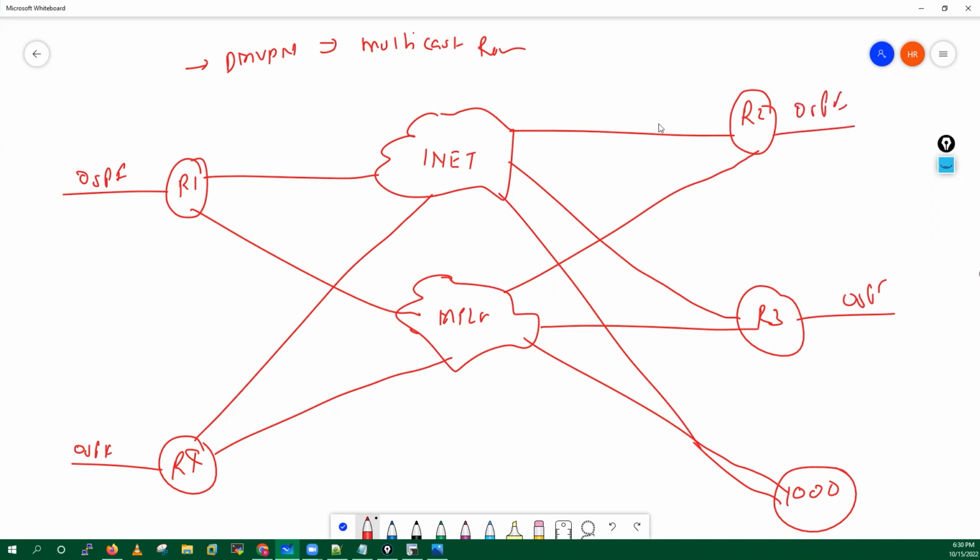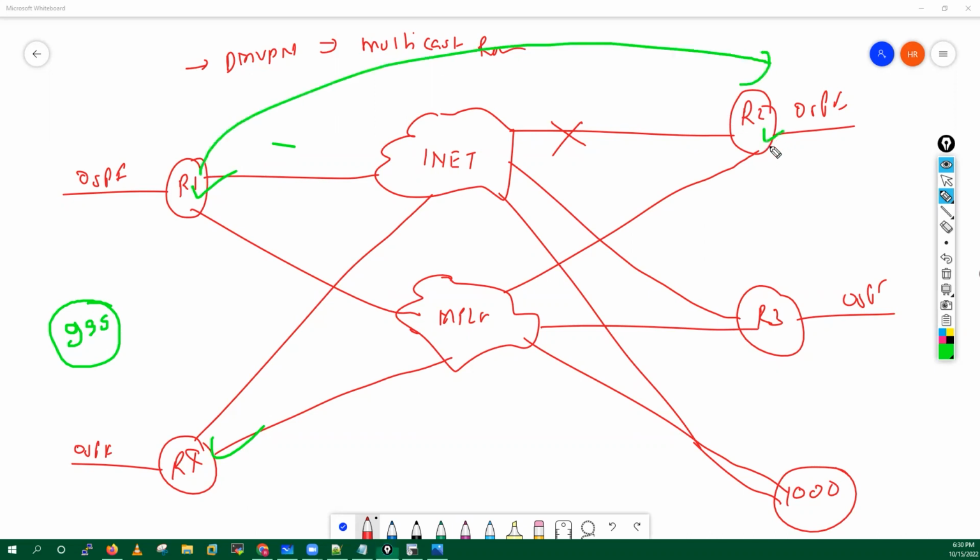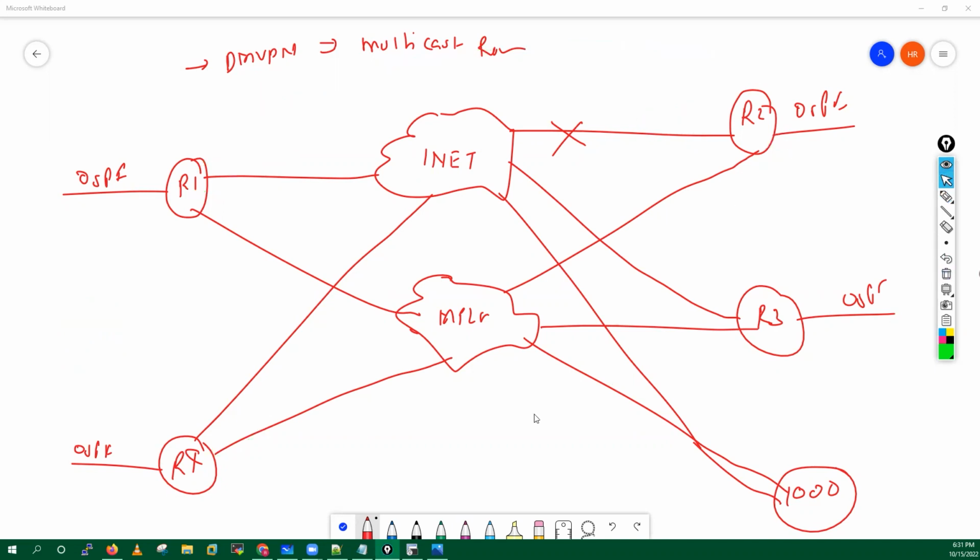Now, let's take an example. If this link goes down, what used to happen? Or this link just flapped. In that case, if you remember, all these 999 routers need to make the neighborship again with this router, which means there are huge routing updates in your network. So guys, this problem is solved in your SD-WAN, because